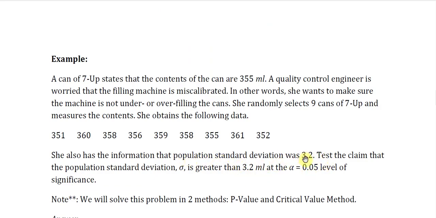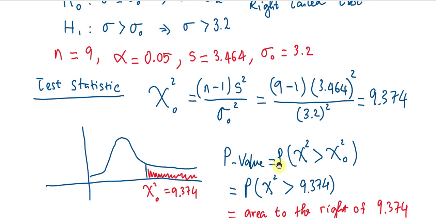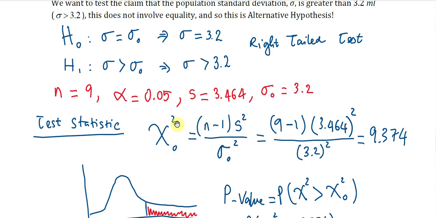Population standard deviation was 3.2. So we assume that we got that. The test statistic is right here. Chi-square naught equals n minus 1 times s squared over sigma naught squared, and we just take all the values we got here. 9 minus 1, s is right here, squared, sigma naught, which is 3.2 squared, and everything gives me